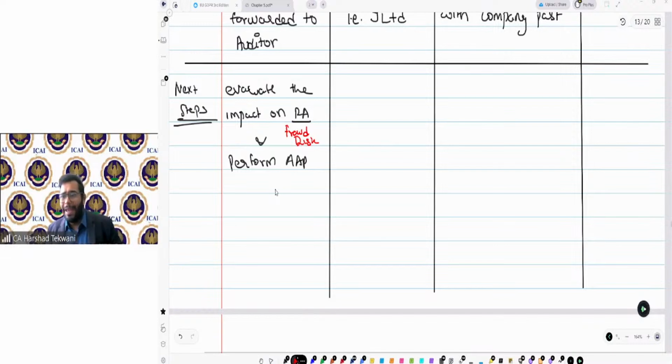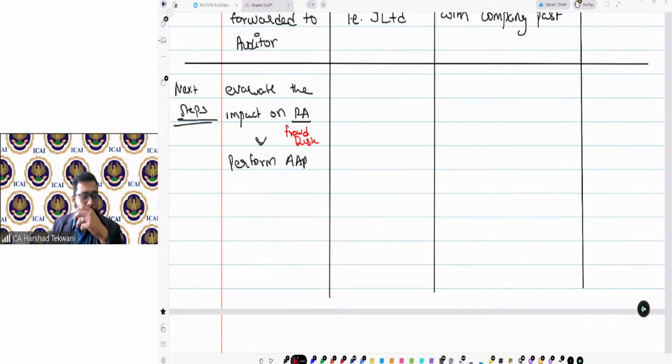Can any one of you give me an example of what alternate procedures can be performed here? Okay, leave the theory part. I'm talking practically. What alternate audit procedures will you perform?